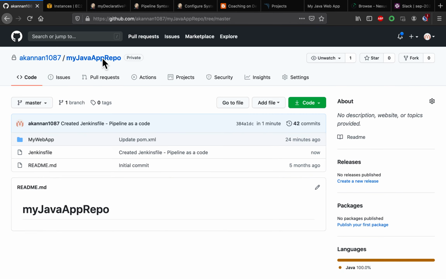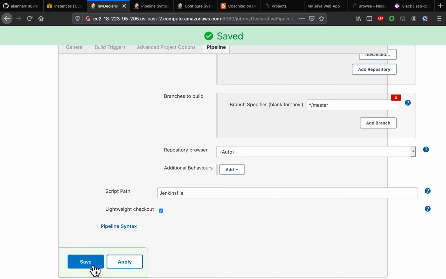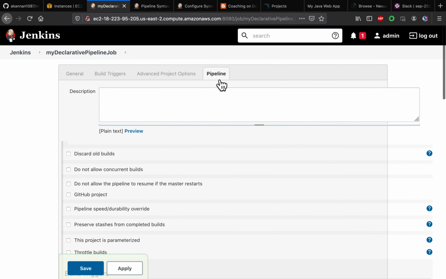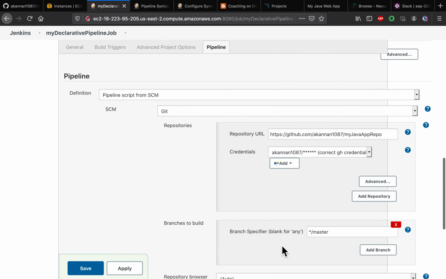It is in the root of the repository. Perfect, then click on apply and save. Now if you go back to configure, go to pipeline, you won't be able to modify this pipeline. Why? You cannot mess around with the pipeline code, because it has been moved into